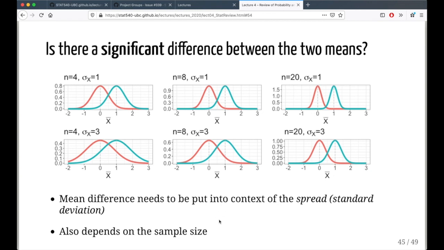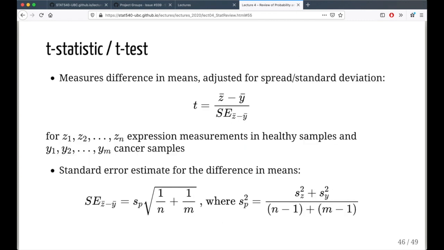They each contribute to how likely we are to be able to reject the null hypothesis if the alternative is actually true. So a particular hypothesis test that is perhaps the most common hypothesis test for continuous values that I'll go over is the t-statistic, the t-test, which involves using the t-statistic. So this is a test that can be used to measure differences in means that are adjusted for the spread or standard deviation. So in particular, you can see that